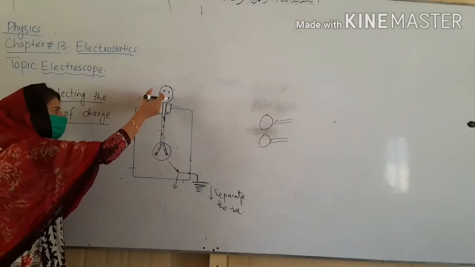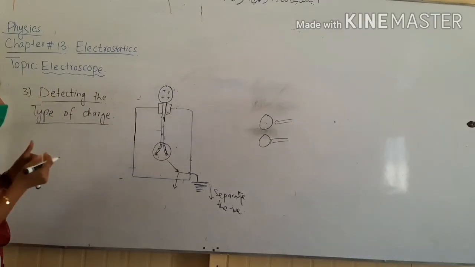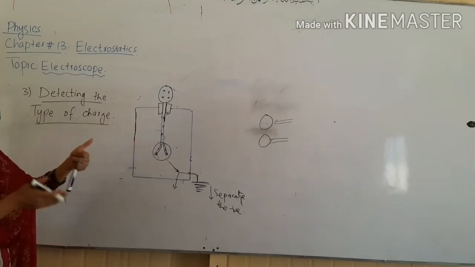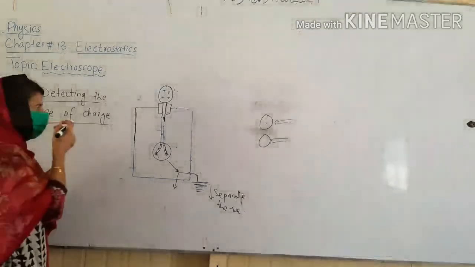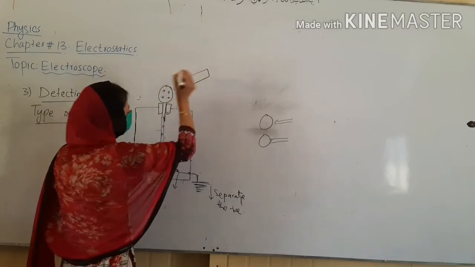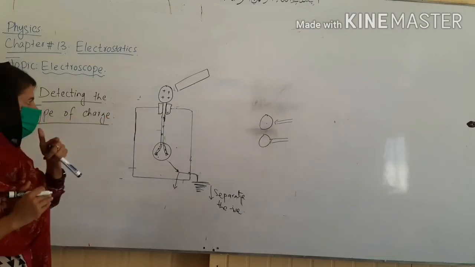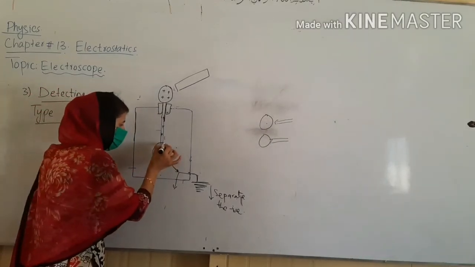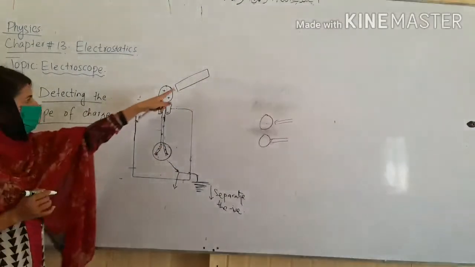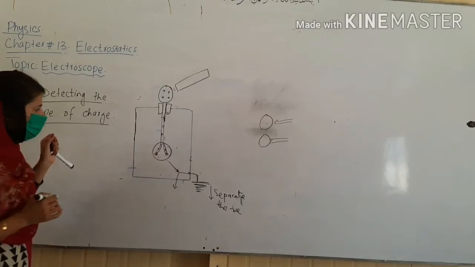Now, suppose I have charged this electroscope positively. Now I can detect the object brought near this charged electroscope, whether it is positively charged or negatively charged. Is it clear, beta? If I bring a body near this rod, that is the electroscope, and that is positively charged, now look at the leaves. ये लीव्स हमें बताएंगे कि ये बॉडी कौन सी है, पॉजिटिव चार्ज के करीब आई है, नेगेटिव आई है. ये तो ऑलरेडी पॉजिटिवली चार्ज है ना.